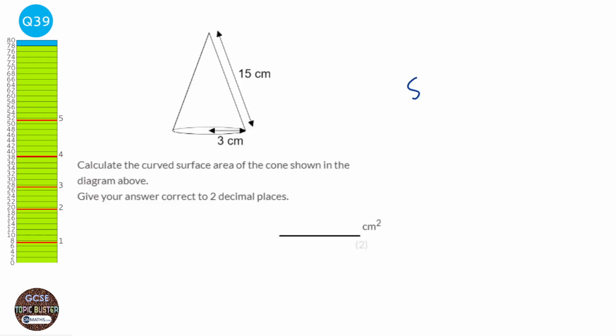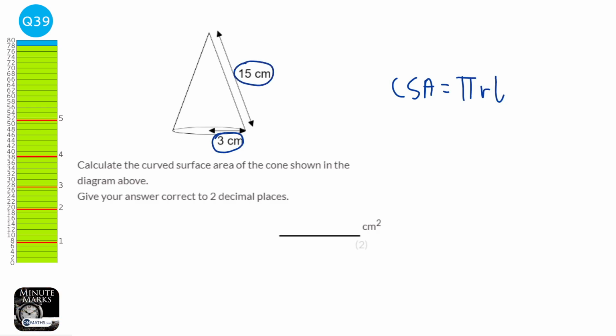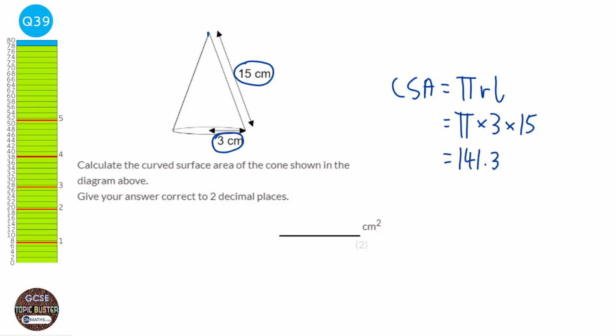The curved surface area of a cone is found through the formula pi r L. R is the radius of the circle at the bottom, which is this 3 here, and L is the slanted length, which is this one here. So it's like the height, but instead of being perpendicular to the base, it's just the slanted length down the side of the cone. And so using this formula, pi times 3 times 15 is going to be 141.371, and to 2 decimal places, that is